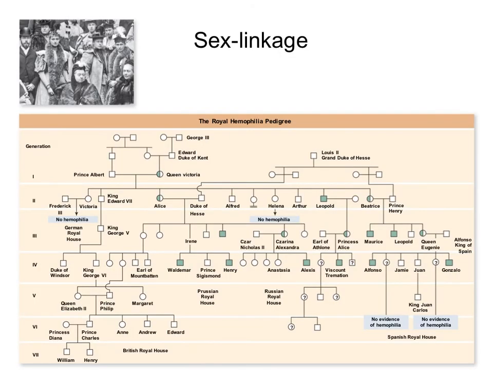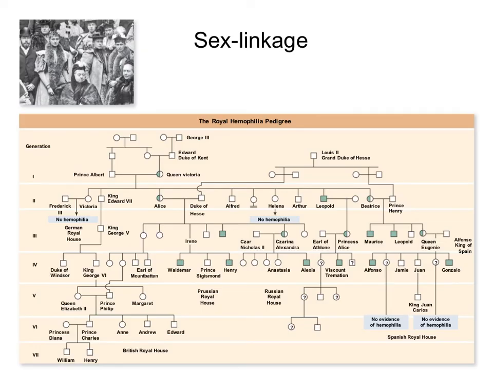There are several conditions in humans that are sex-linked. One example is color blindness. Most colorblind people are men, and color blindness is more common in men because it is sex-linked. It's located on their X chromosome. And hemophilia is also a sex-linked condition that is located on the X chromosome,